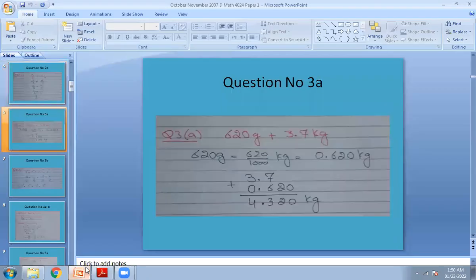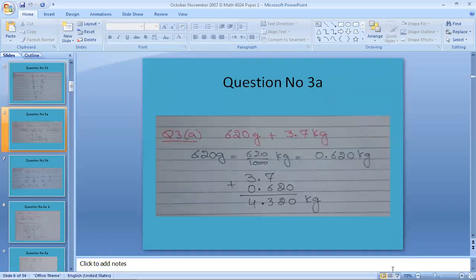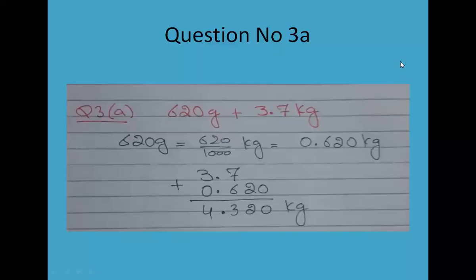Let me show you. Question number 3, and its first part is showing up on your screen. So 620 gram, I will convert it into kg. If you want to convert grams into kg, you have to divide by 1000. So you will have 620 divided by 1000. So we will adjust the decimal. The decimal is here. Here you have 3 zeros. So the decimal will move 3 steps to the left. So it will be